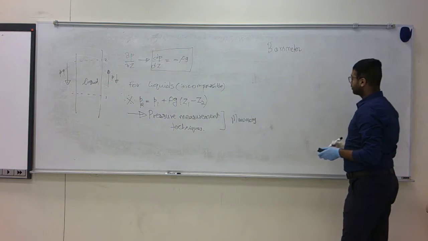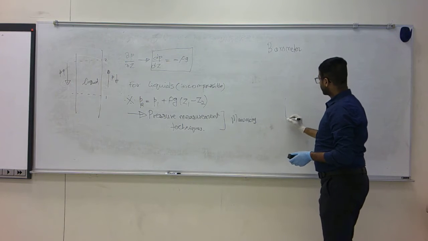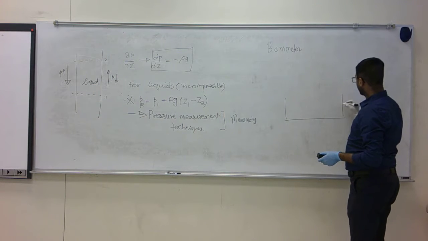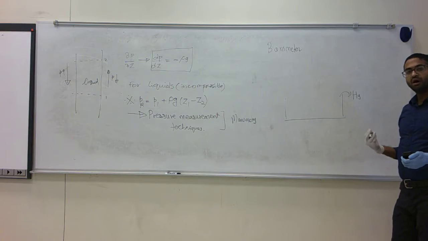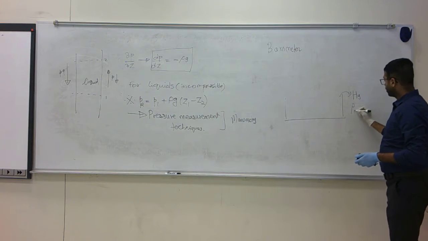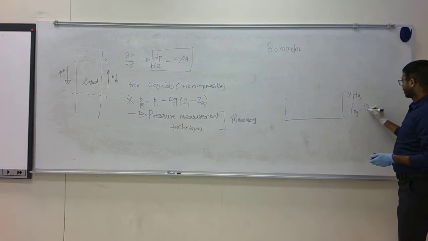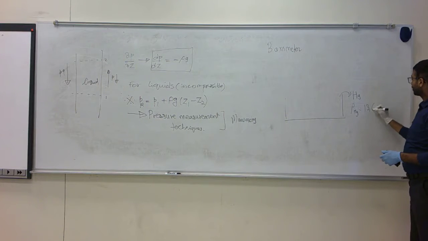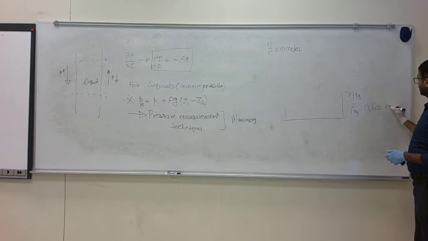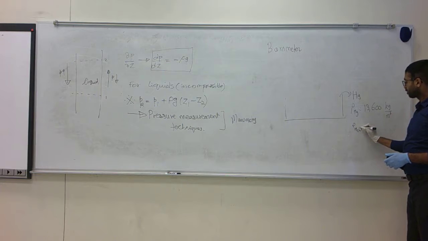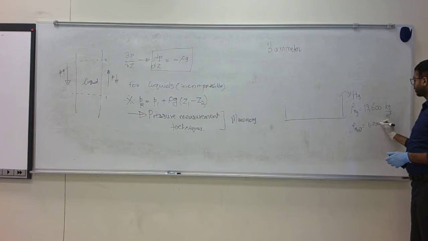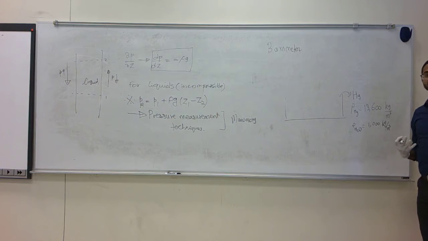It works on a very simple principle. What it contains first is a tub of mercury. It has some heavy liquid, a liquid whose density is quite high. The density of mercury happens to be 13,600 kilograms per meter cube, when compared with water, which is only 1,000 kilograms per meter cube. Mercury is 13.6 times heavier or denser.